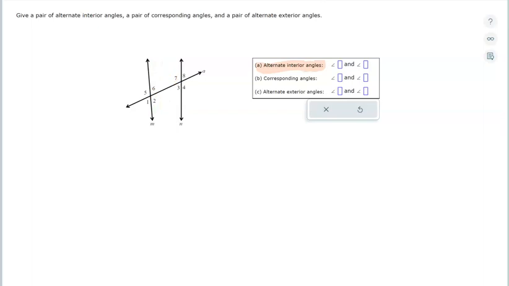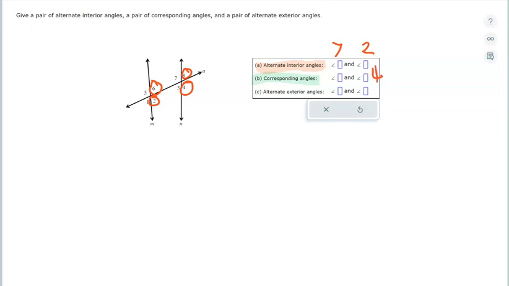Next is corresponding angles, and it's what I just covered. So let's look at the corresponding angle to angle 8. Same side, which would be angle 6. Angle 4 or angle 2, that's also acceptable. 7 and 5 and 3 and 1. So those are the ones you would fill in here. Actually, let me fill those in. So you get 7 and 2 for alternate interior angles, and then corresponding angles could be